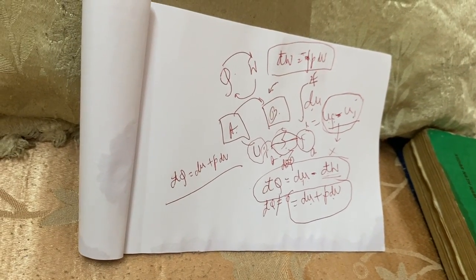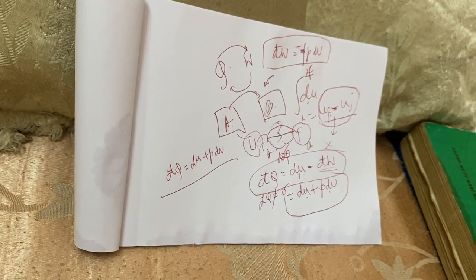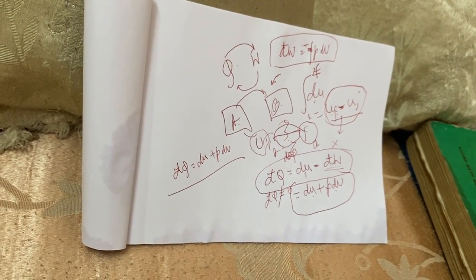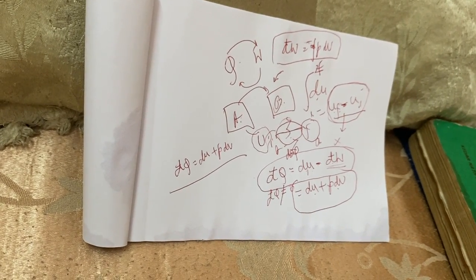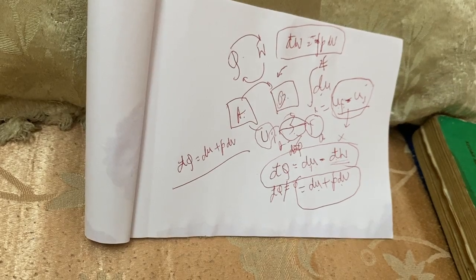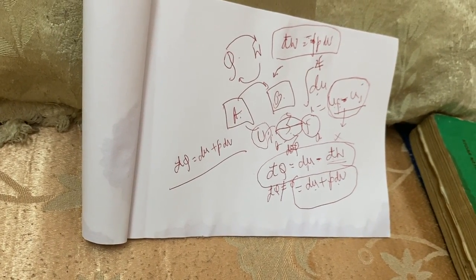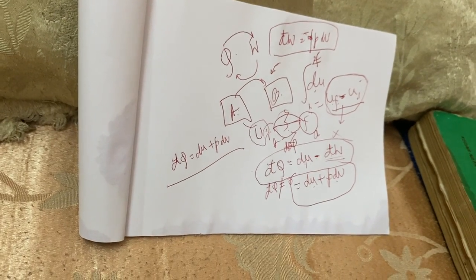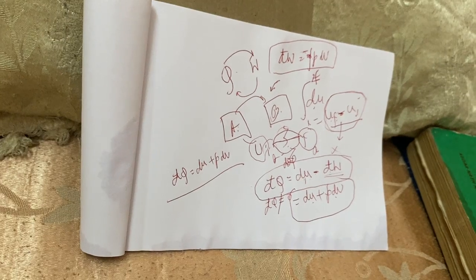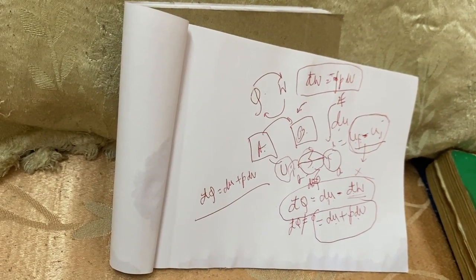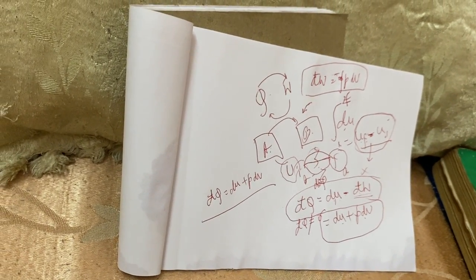So, if a tire bursts, what will happen? It is a sudden expansion of gas and it is a sudden process. So, there will be no heat exchange between system and surroundings, and the gas will expand by using its own internal energy. So, its internal energy will decrease. It is also an adiabatic process. So, the first law of thermodynamics, dq equal to du plus dw. It is very